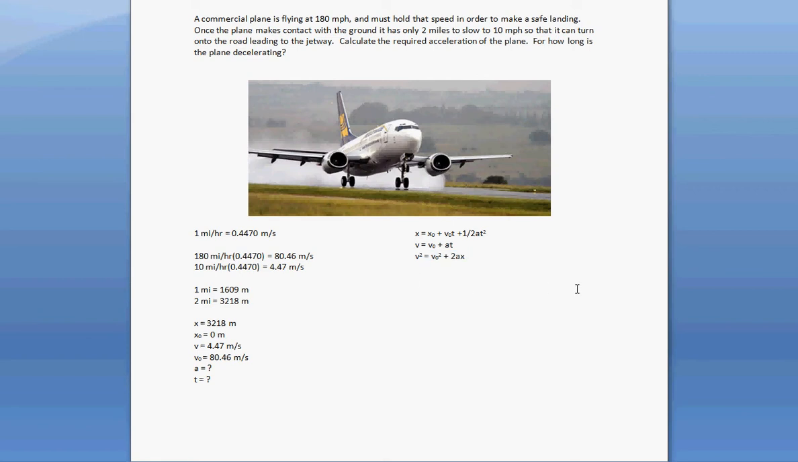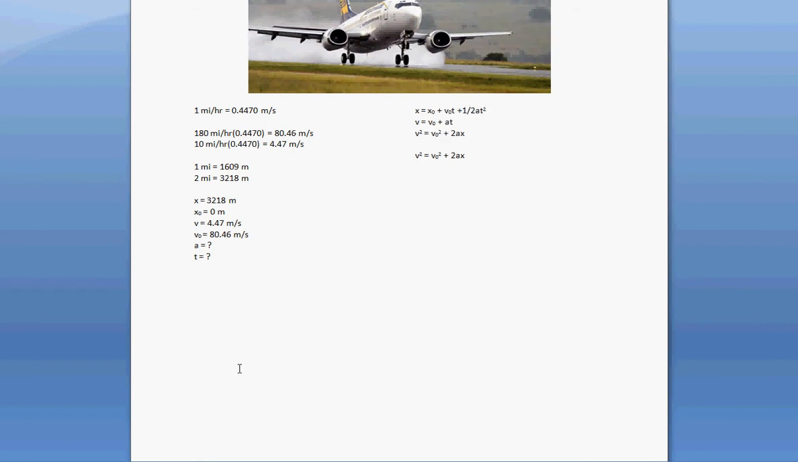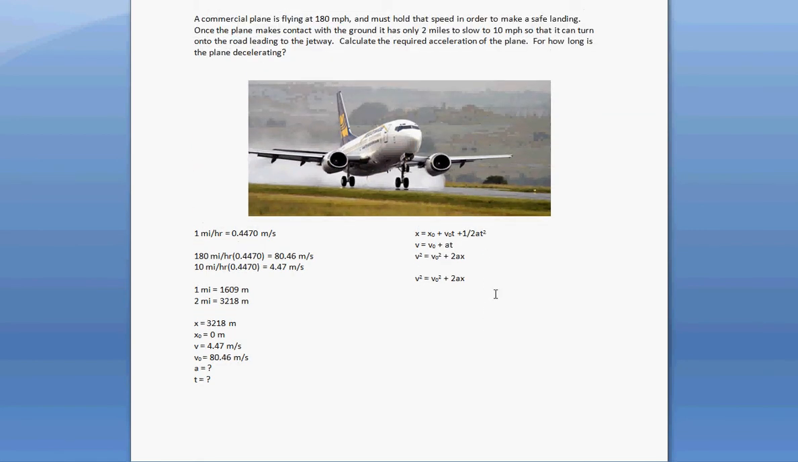So start with this equation. And now we'll start plugging stuff in. So v squared is, well, remember that's our final velocity. In fact, you don't even need to think about it. We already made our list here, so we can just bring the numbers over. So 4.47 squared equals the starting velocity squared, which is 80.46,